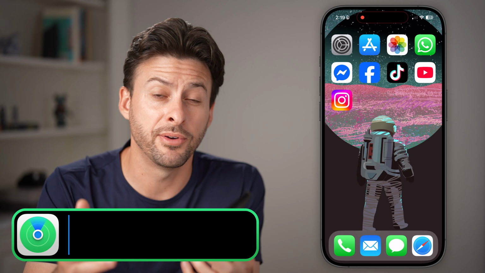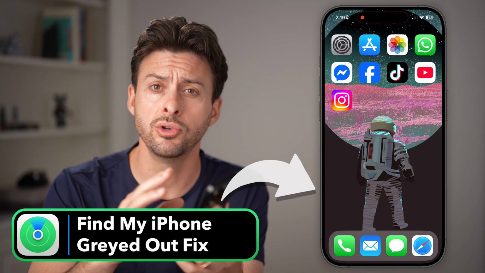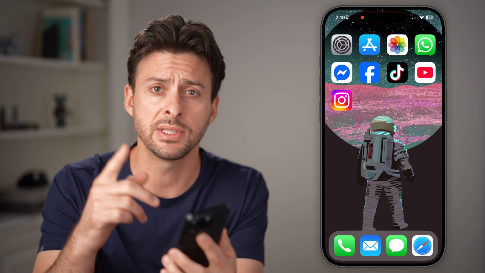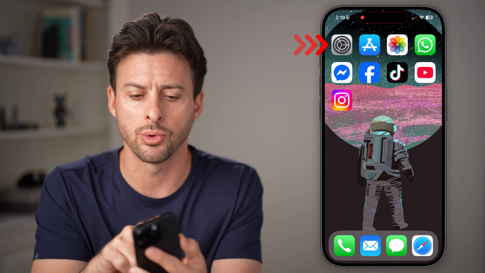The Find My iPhone feature on your iPhone helps you track it if you ever lose your iPhone, but also allows you to share your location with other people. If it's not working or grayed out, the first thing we're going to do is get into your settings to